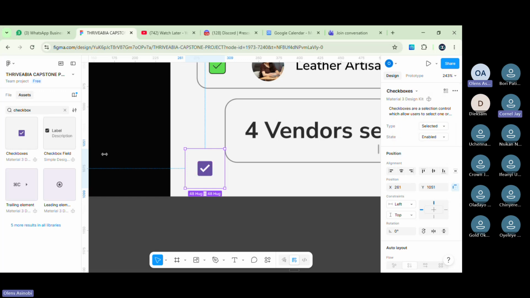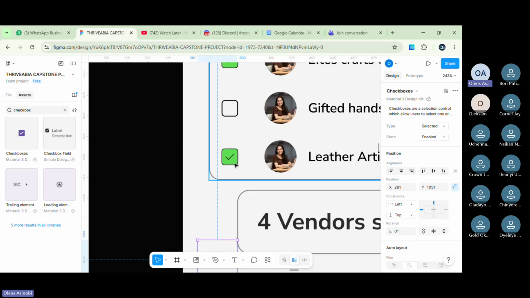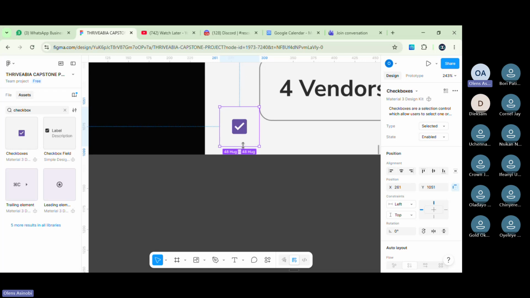Don't worry, listen, I'm showing you here, it would make sense when you watch that video. When you bring it in, there is this property down here. So when you watch that video, it explains component properties and how they work, so that you can easily switch from this to this without having to create new components. That's what I'm talking about. Do you understand me now? Okay.